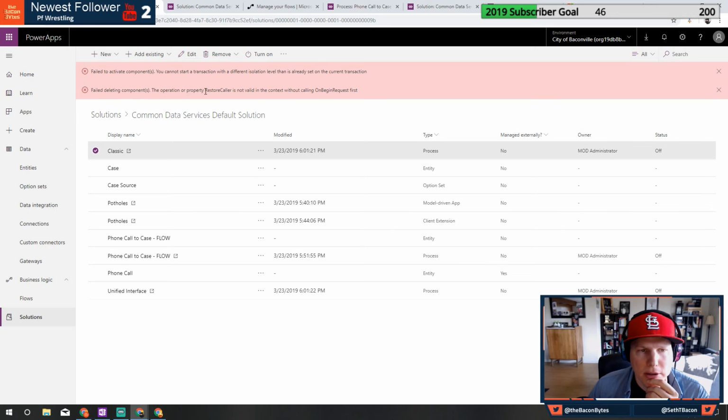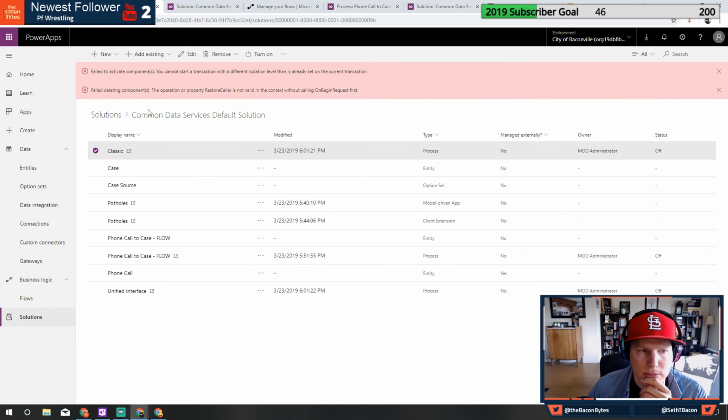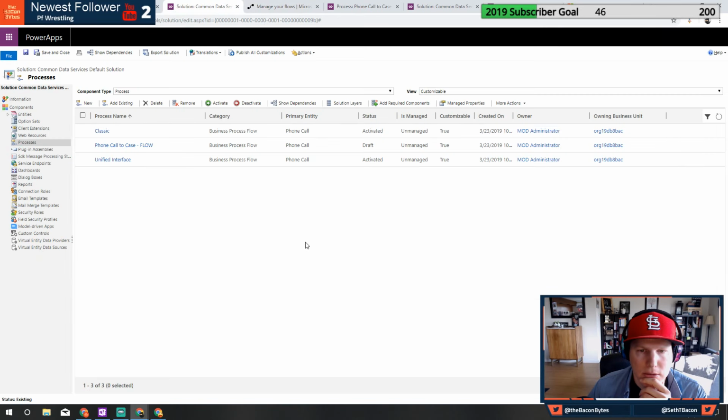The operation of the property restore caller is not valid without calling on beginning request first. Yeah. Do you just not like both of them? Is it because they're active? No, they're both in draft.